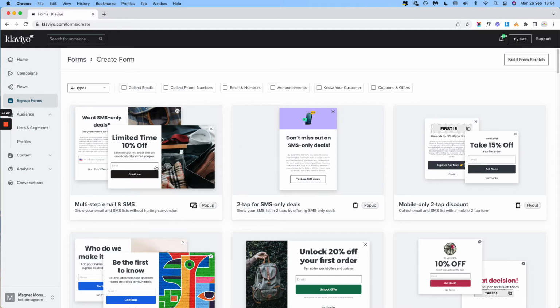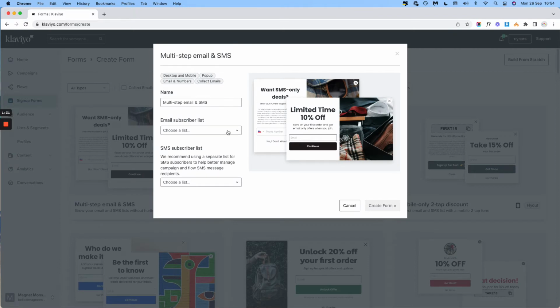In this example, we'll just start with a template here. And when you create a new form, the first thing you want to do is name it appropriately and choose which list you want the data to be submitted to. So if you've got like a consolidated master list for all emails and say SMS, if they go into 2 separate lists, or you could have them going into one list, you would define that at the first page and